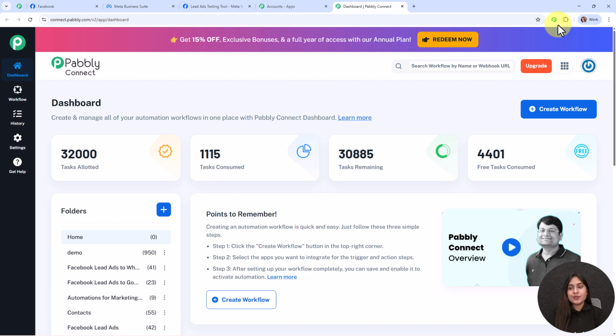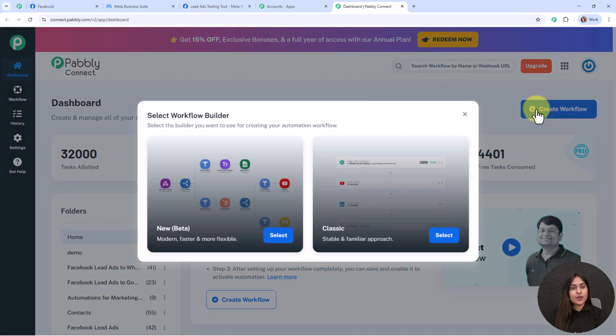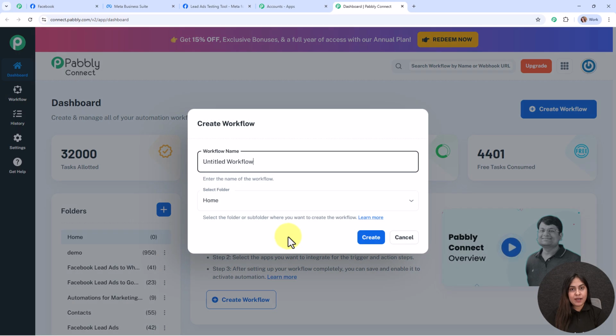So for that, I'm going to click on this create workflow button given on the top right corner. And then it is asking me to select the workflow builder. So here you can see two options. One is new beta and the other one is classic. The beta version is modern, faster and more flexible, whereas the classic one is the stable and familiar approach. So in this video, we are going to use this beta version by clicking on the select button, and then